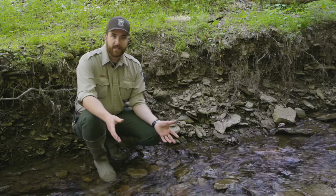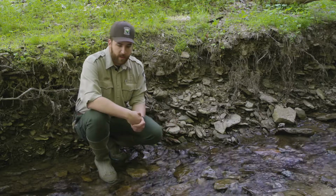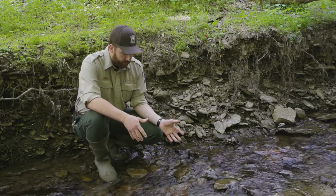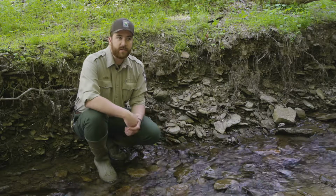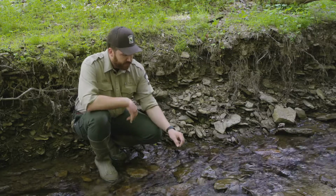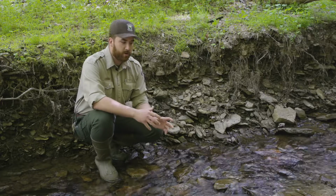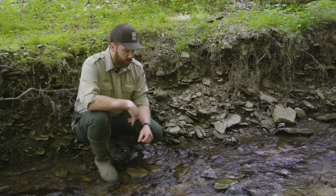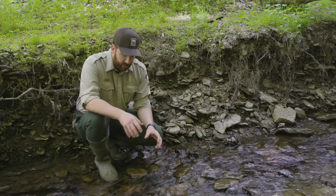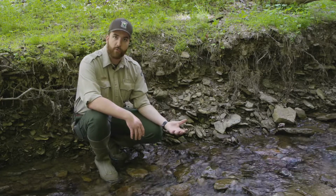We also want to respect the wildlife and the habitat that we're exploring. So we have to remember each one of these rocks is the home for a lot of different animal life. And it's really important when we're flipping over these rocks to be mindful of the fact that we're peering into these animals' homes. So what we don't want to do is pick up rocks, scatter them around, leave them overturned